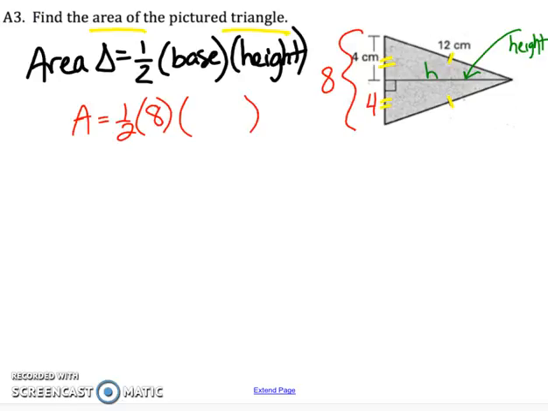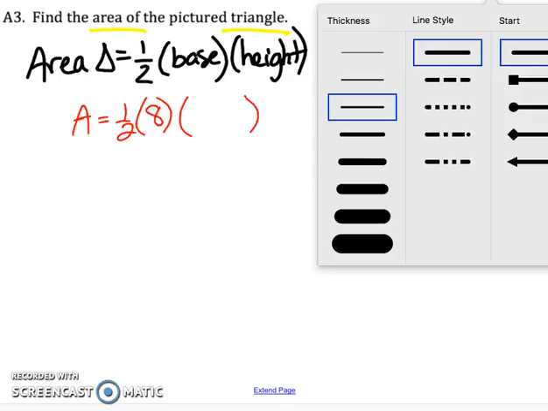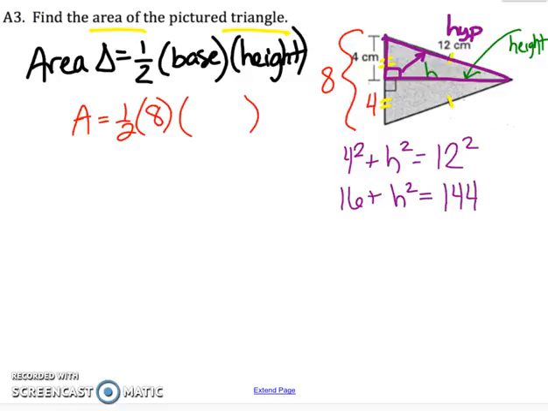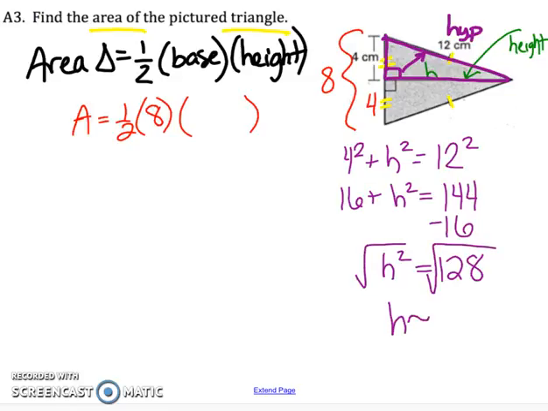So to do so, I'm looking at a right triangle. Now in that right triangle, I have the hypotenuse across from the right angle. So the 12, that's my hypotenuse. If I set up my equation, I'm going to have 4 squared plus h squared equals 12 squared. When I go to solve for h, I'm going to subtract 16 from 144. That gives me h squared, which equals 128. Take the square root of both sides, and I get h is approximately